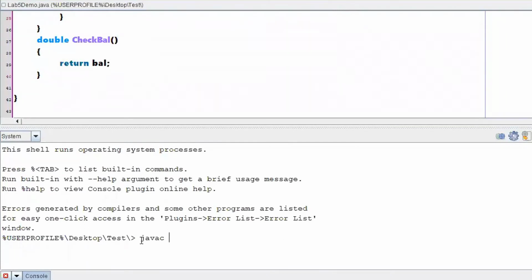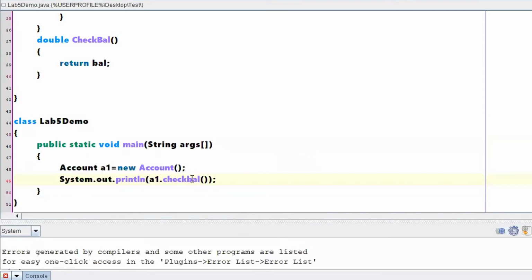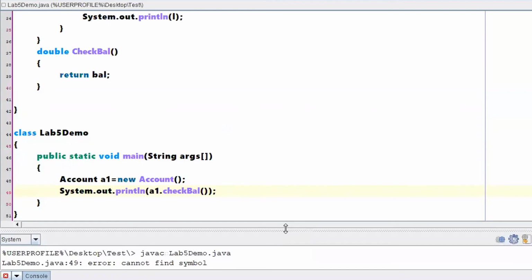Javac lab5 demo.java. Spelling mistakes, BAL capital B, cannot find a symbol. A1 dot check, how come? One second.